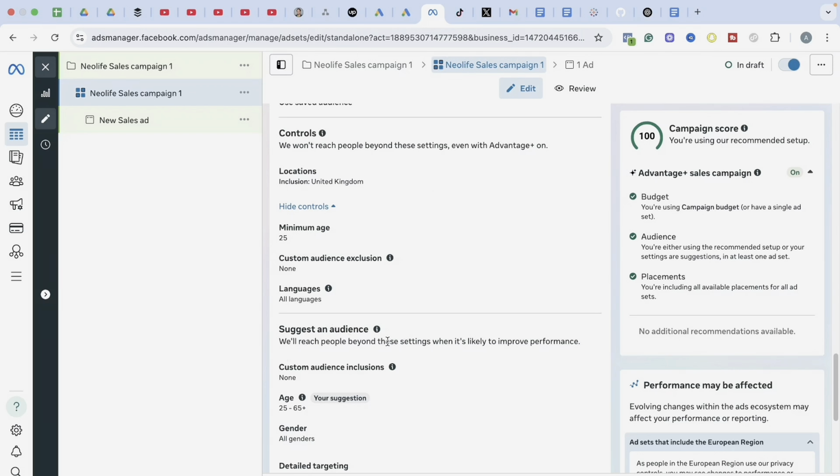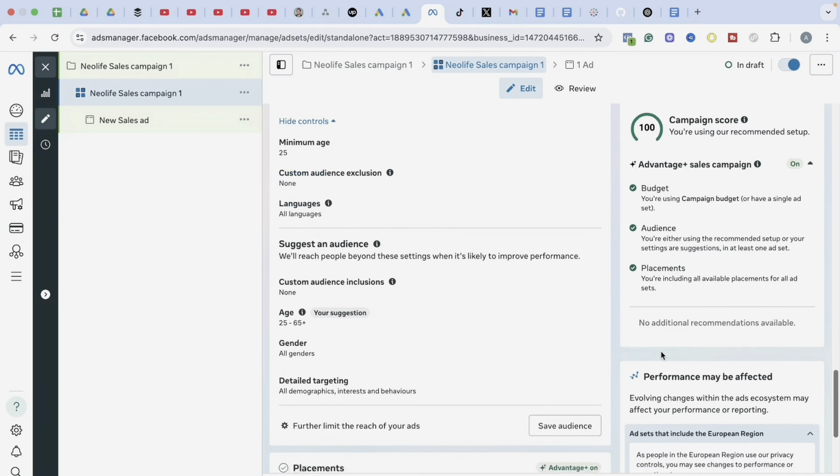That is where targeting is going now. That is where Facebook ads is going now, and with the infusion of AI, the algorithm is learning a lot about our campaign. So under this suggest audience, we will reach people beyond these settings when it is likely to improve your performance.